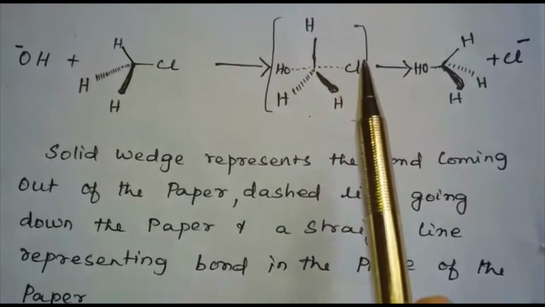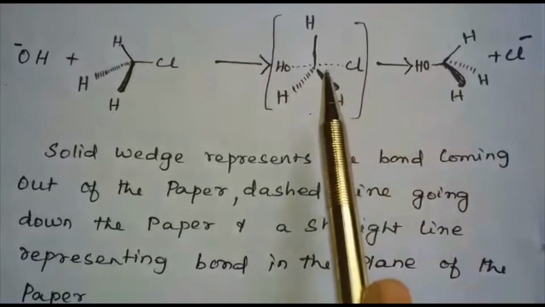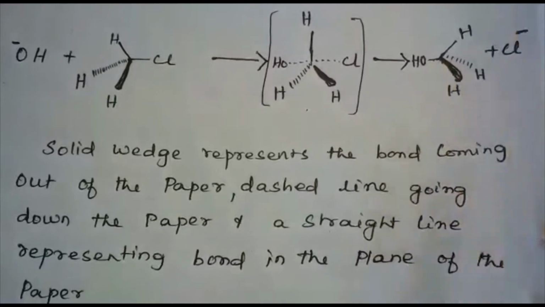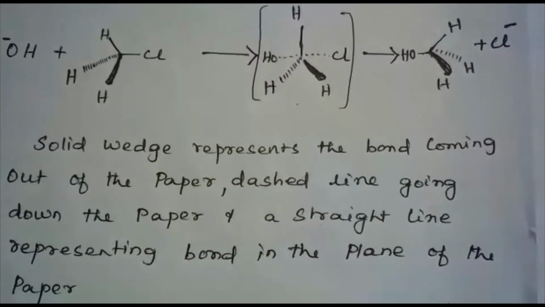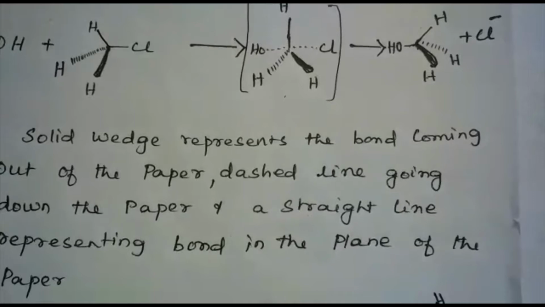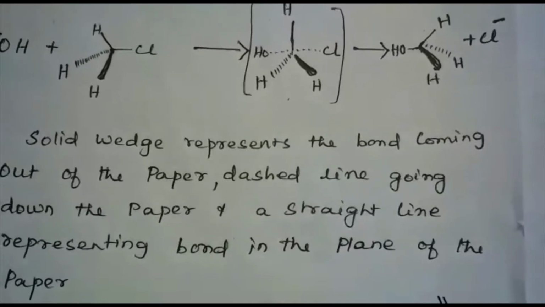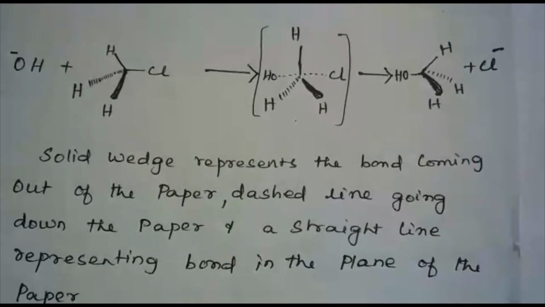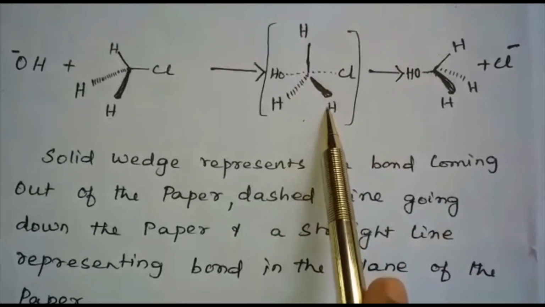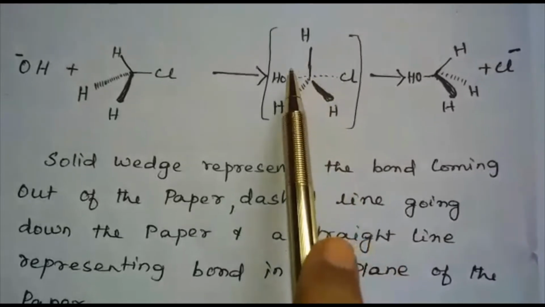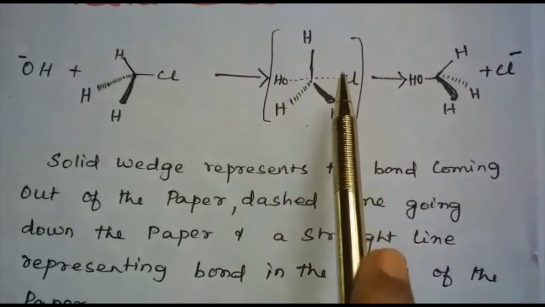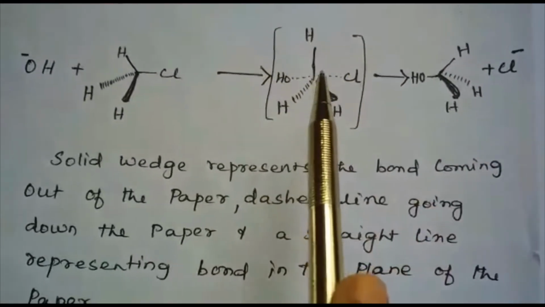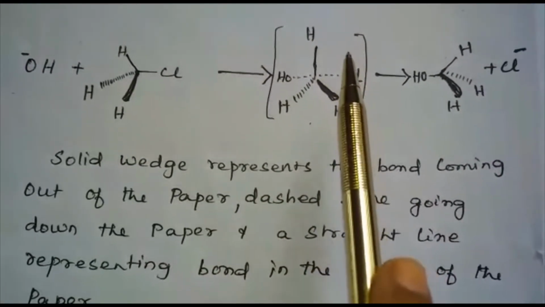When this happens, the carbon atom under attack inverts in much the same way as an umbrella is turned inside out when caught in a strong wind while the leaving group is pushed away. This process is called inversion of configuration, and this is the transition state. In the transition state, the carbon atom is simultaneously bonded to the incoming nucleophile and the outgoing leaving group. These structures are unstable and they cannot be isolated.